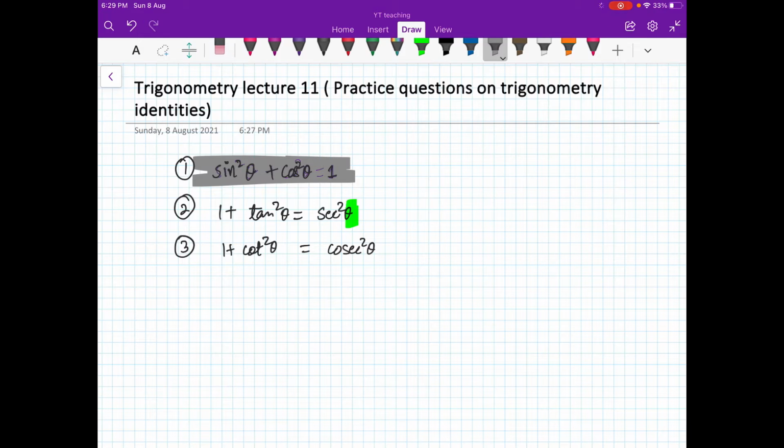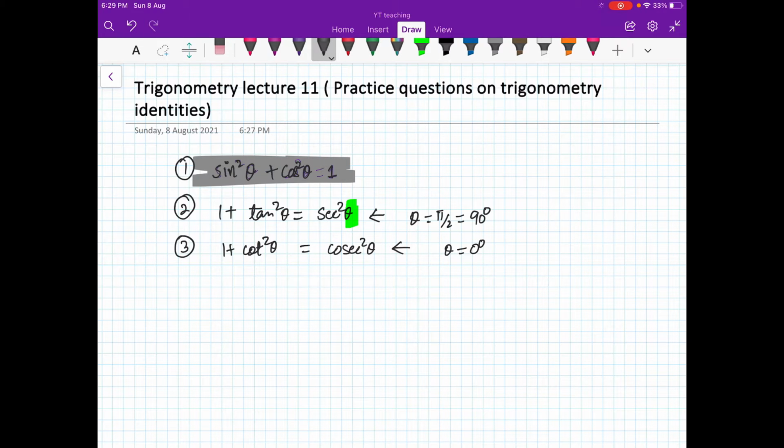Wherever sine theta and cos theta are defined. We know that sine theta and cos theta are always defined, but in this case theta equal to pi by 2, that is 90 degrees, we will avoid because tan 90 degrees is not defined. And similarly in this case you will avoid theta equal to 0 degrees because cot 0 degrees is not defined. You have to take care of these things.